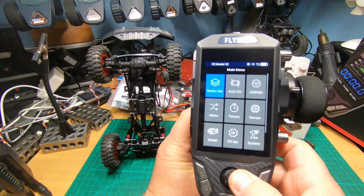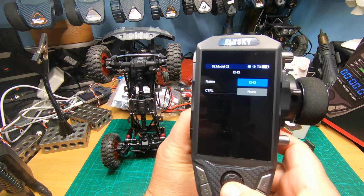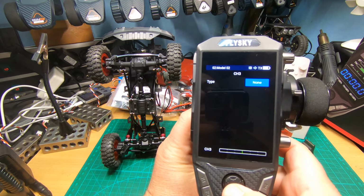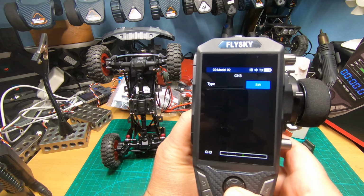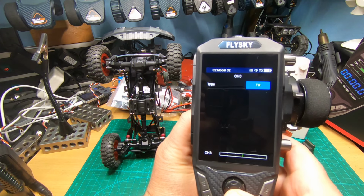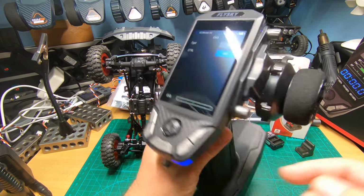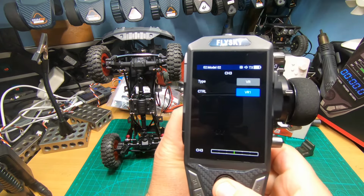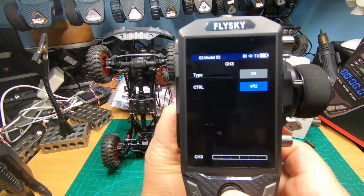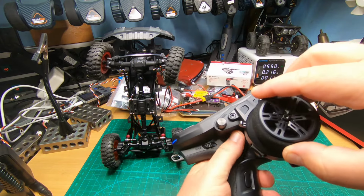So go only to aux channel, and we have channel 3 and control none. Those are the different types of switches and buttons. So we have K, SW, TR, what's trim, and VR. VR, and we have VR1 and VR2. Those are those control wheels. I set it to 2 now. Confirm, and now it should work, and I can control